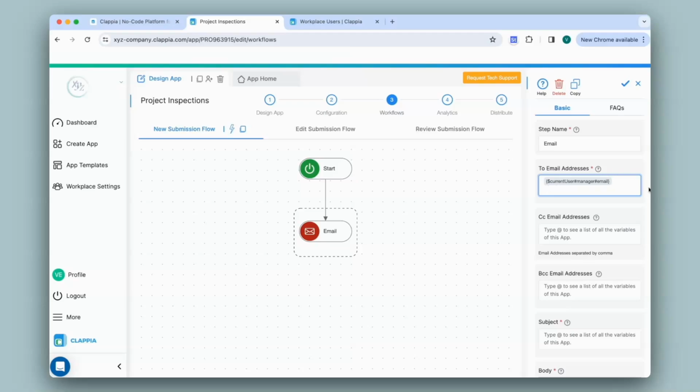So in this way, you can add user attributes to your workplace and make use of them in your apps and workflow automation. If you have any queries on how to add user attributes to your workplace, how to edit them, or make use of them in the apps or for workflows, or on any other feature, you can always